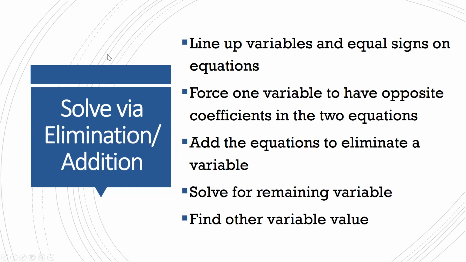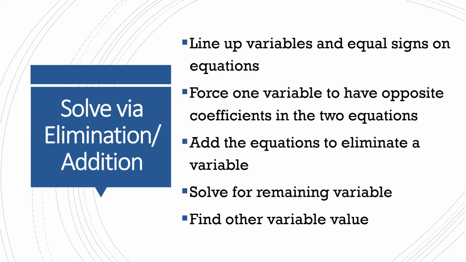In order to solve with the elimination method, we want to line up all of our variables and equal signs on the two equations that we have. Then we're going to force one variable to have opposite coefficients in the two equations. Then we're going to add the equations together, eliminating a variable. The variable that remains, we will solve for, and then we will find the other variable,